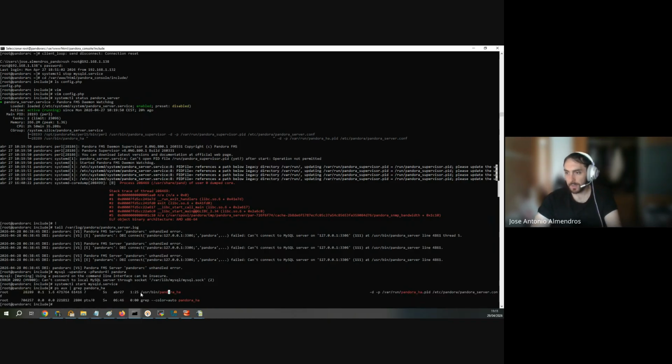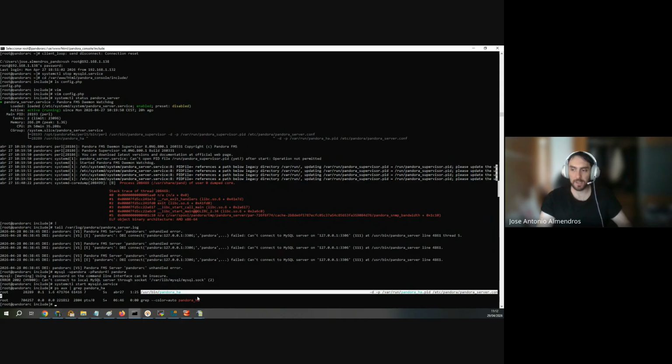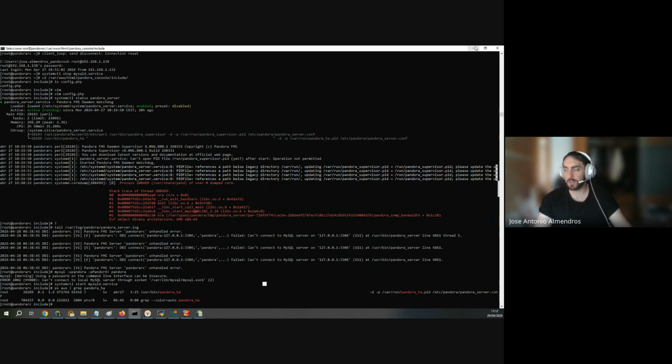Okay, this script is the script that is in charge of maintaining the Pandora server service in case it has some error. And if we configure a high availability environment with more than one server running at the same time with a master and a slave server, this is the script that maintains that connection also. But it has to be running in environments with only one node